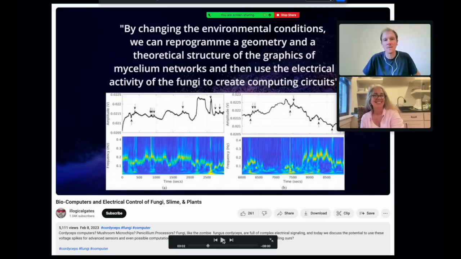Okay. I think I shared this analogy with you before, and this is probably an oversimplification of what's written here, but the idea of a social credit score, which gets a lot of bad play. Ooh. Yeah. But no, it's a musical score, right? If my behavior or my environment is creating bad behavior, I need to change my score. We're going to reprogram the geometry or the physical space, your physical choices, and a theoretical structure of the graphics